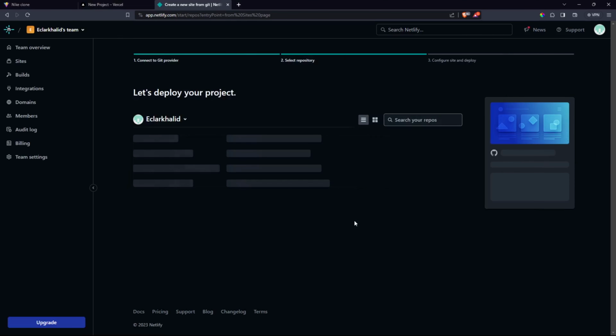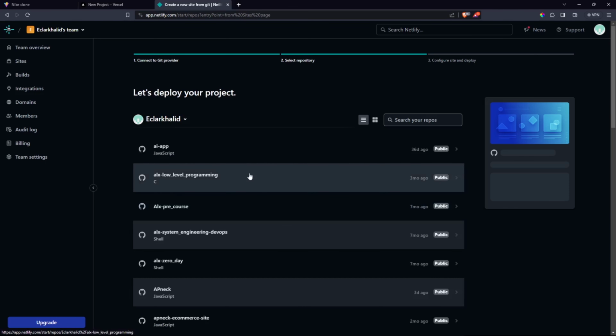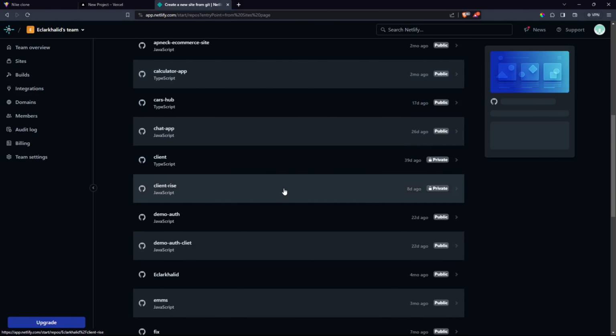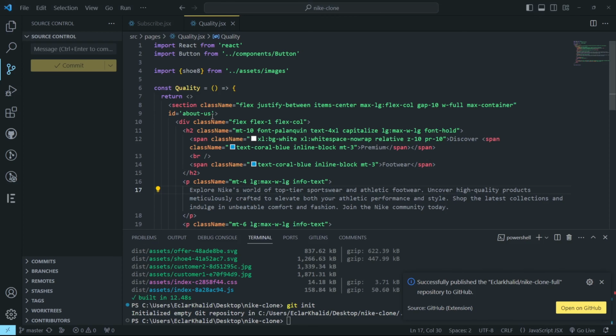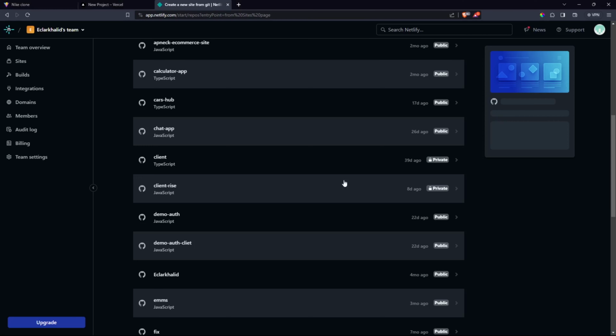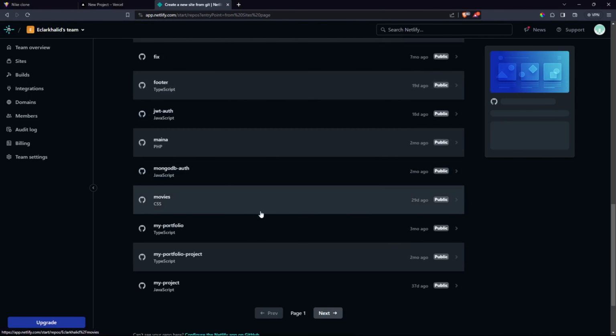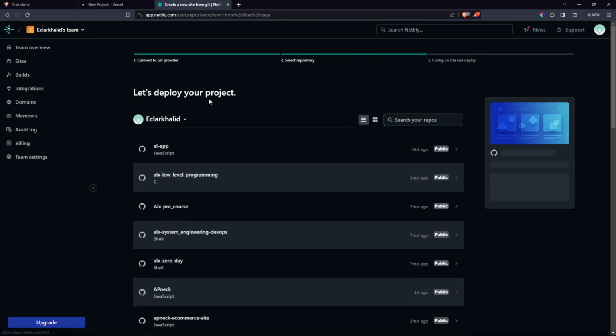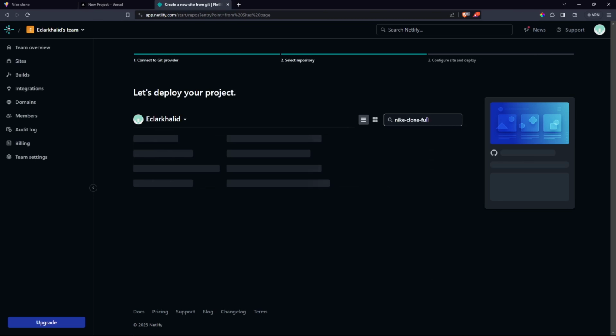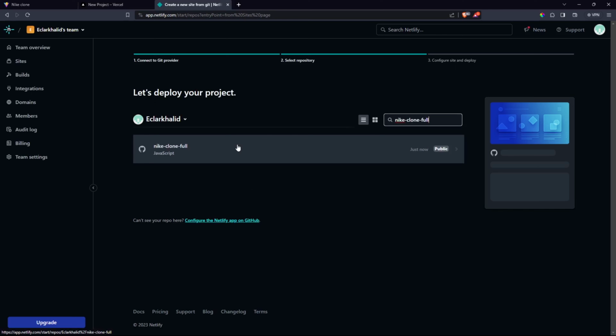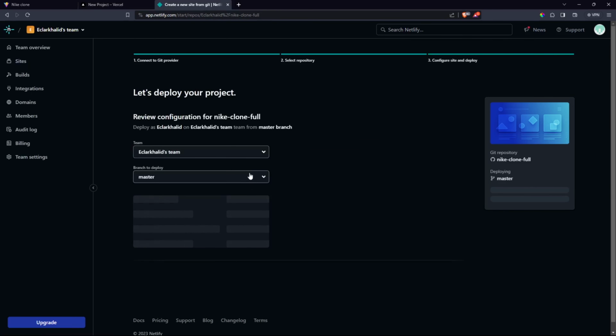Mine is authorized, and then because you have just pushed it, I don't know which name I've given it. I think it's Nike clone full. So if you don't see it in the suggestions, you can come and search for it here. So let's just do Nike clone full, like that. Here it is. So you're going to click that,